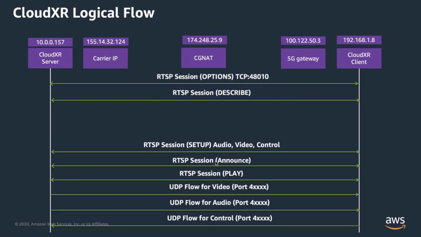There is a carrier grade NAT that happens inside the mobile packet core. Then there is a 5G gateway, which is the 5G router, which sits on the client side. They all have their own IP, so there are several layers of NAT that happen. Again, it's very straightforward and simple and similar to any type of video application that runs in a network between